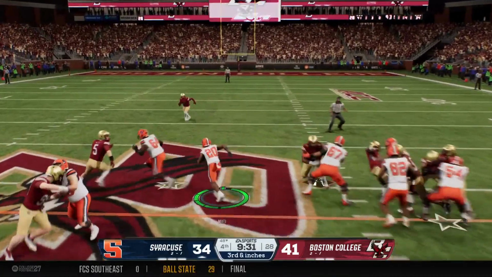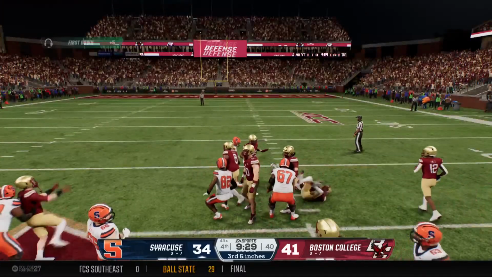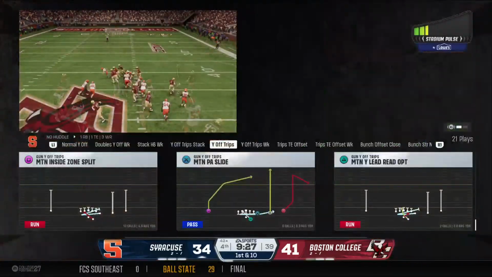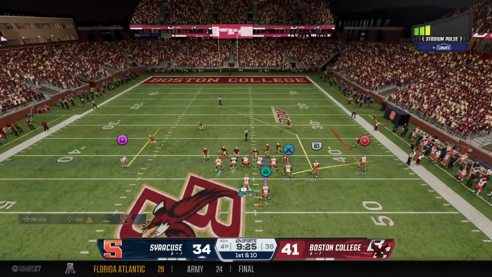On 3rd and short, they'll go to the power running game. Nice job to pick up the 1st down, and they'll spot it at the 42. Syracuse right back